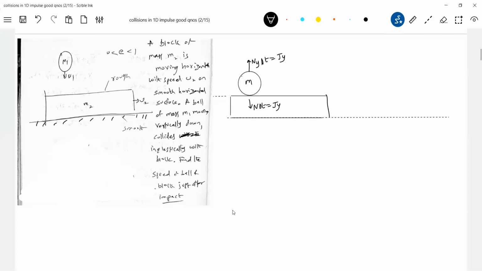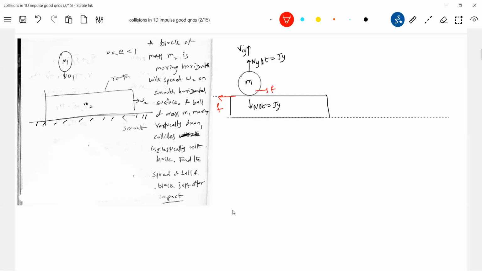In fact, the ball is approaching with a speed u1. After impact, it will have velocity, say v1, so v1y I'll write. So this much is what we have. Let's find out whether there is any relative motion between the ball and the plank. Yes. The horizontal velocity of the plank is u2, and the horizontal velocity of the ball when they collide is zero. There's a relative motion. So in what direction will the friction act? The friction will act in this direction, and on the ball friction will act here.